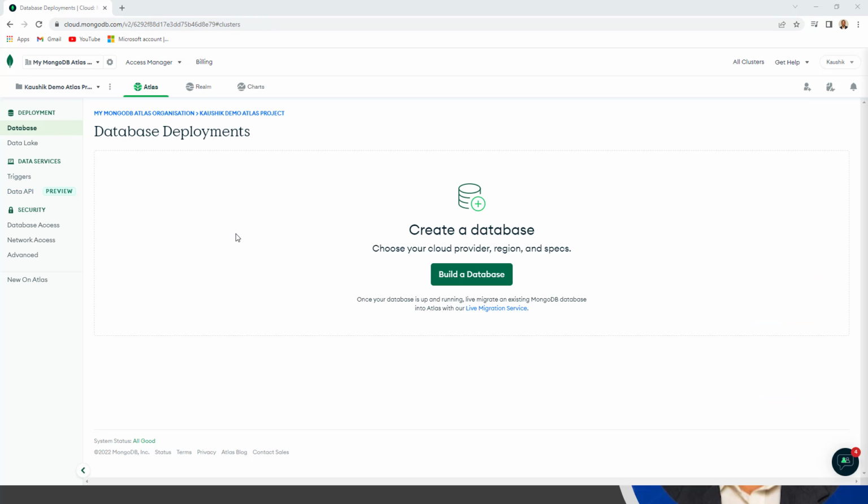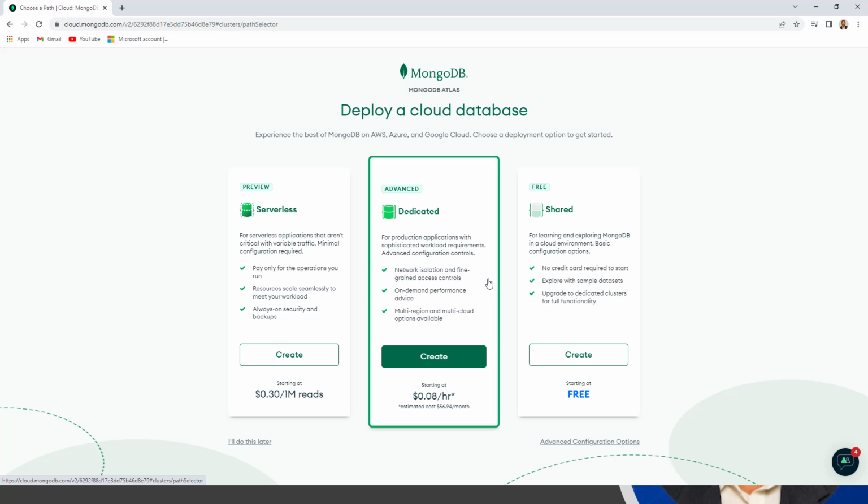So you can see, my friends, that the project is created within this organization, my MongoDB Atlas organization and Kaushik Demo Atlas project, and then create a database. Just follow these wizard steps, build a database. When I click on deploy a cloud database, it gives me these options. These two are paid options, so I'll go for this shared and free option, and then if I click create,